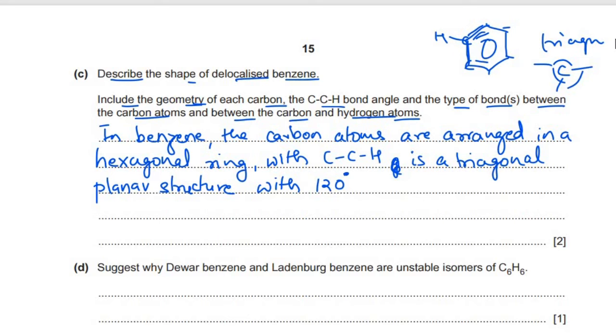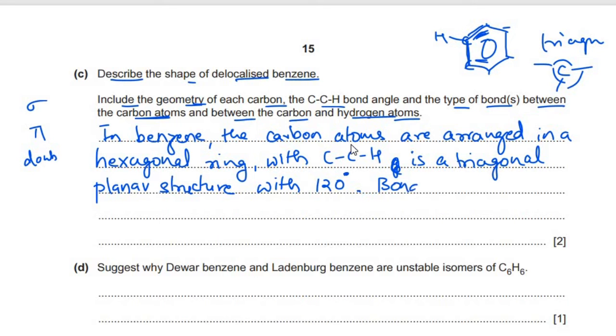It says the type of the bonds between the carbon atoms and between the carbon and hydrogen atoms. So if we talk about type of bonds, we can describe that as a sigma bond or a pi bond. Now pi bond is present only when there are double bonds. So we know that between the carbon atoms there are alternate double bonds. So there are single bonds also and there are double bonds also. So we can write that